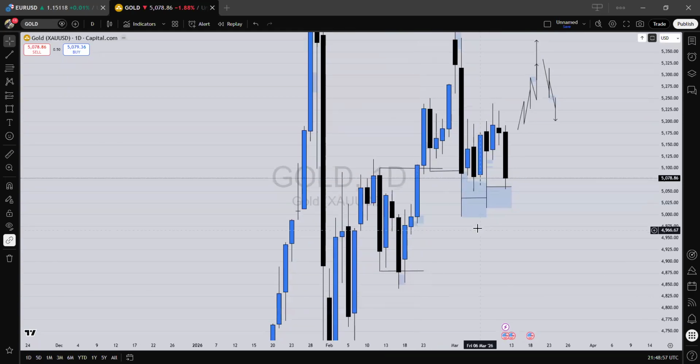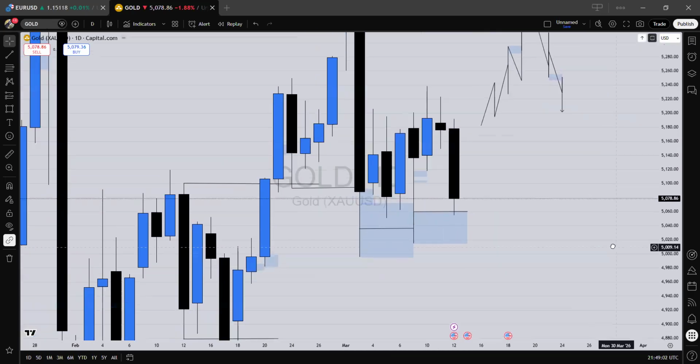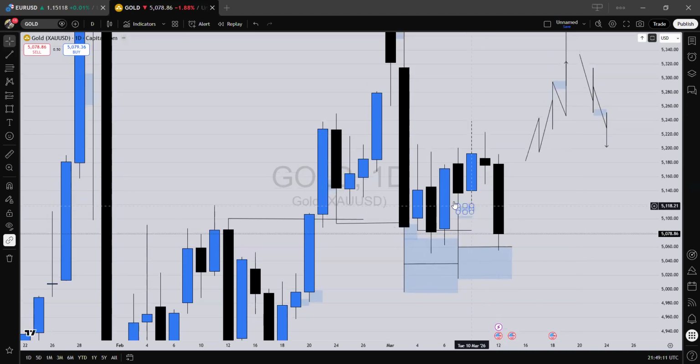Now this buy that happened, although I missed it, I was anticipating it because, sorry, price took out this low first. I was really hoping that price takes out the low of this candle first before coming for the high. Although I missed the buy, I was supposed to take this buy for price to take out